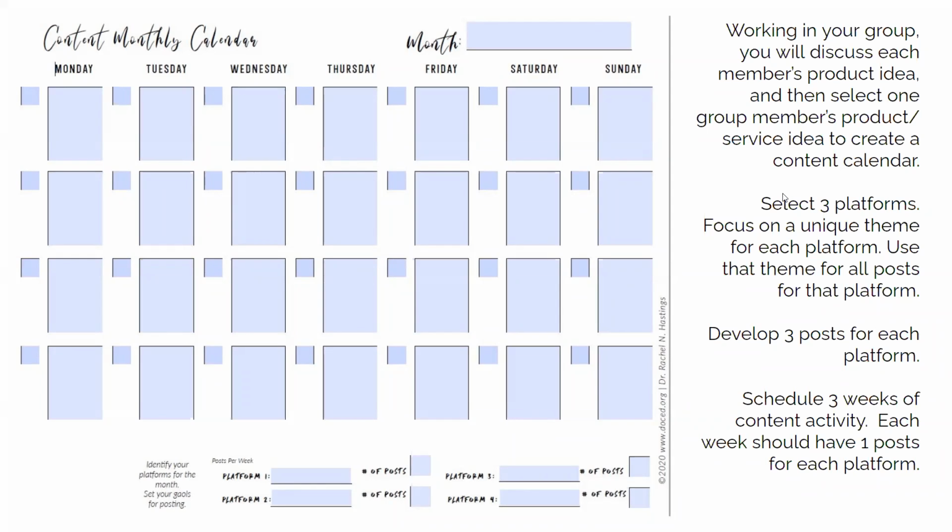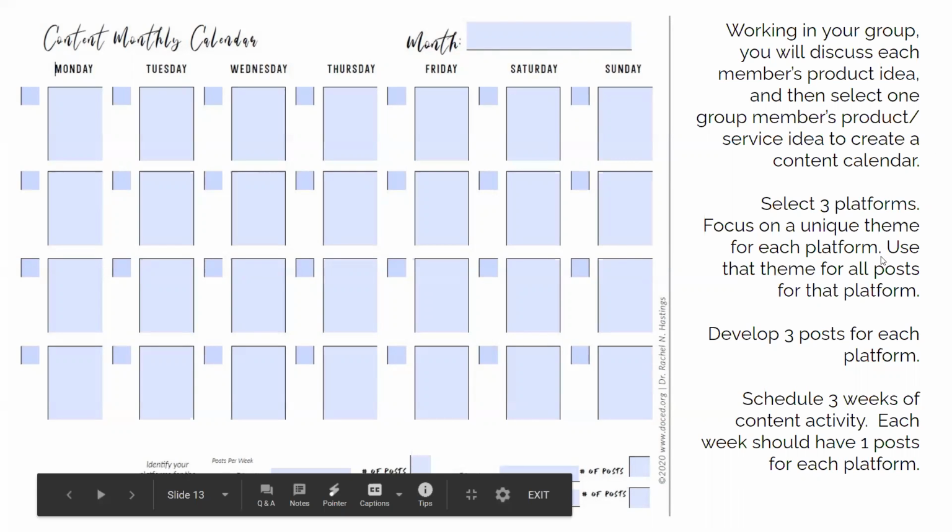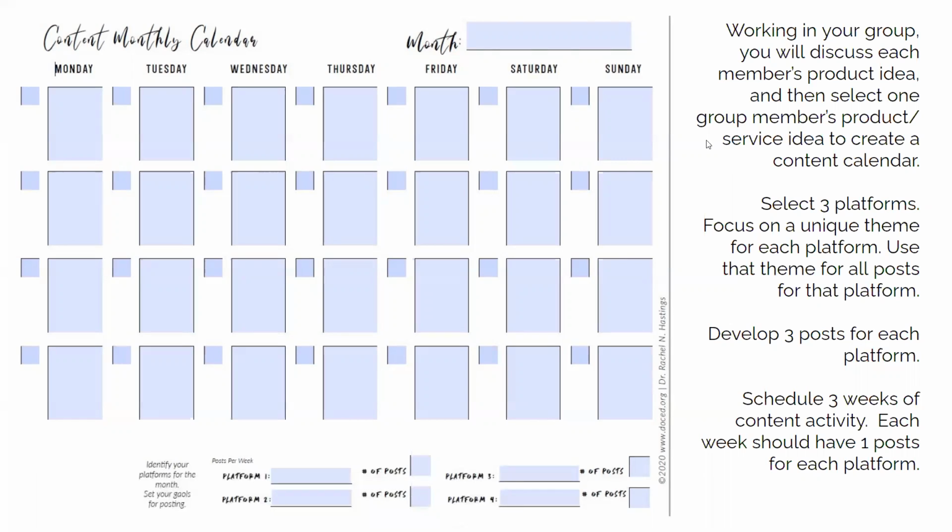But what you'll want to do is, when you've identified, wow, Karen's got a great product idea that can definitely work on digital media, and she's already got some platforms identified, select those 3 platforms. You want to identify some themes for each platform. We can get further, we can go into metrics, but for this brief time that we have, we're going to focus on some themes. And then you want 3 posts for each platform.